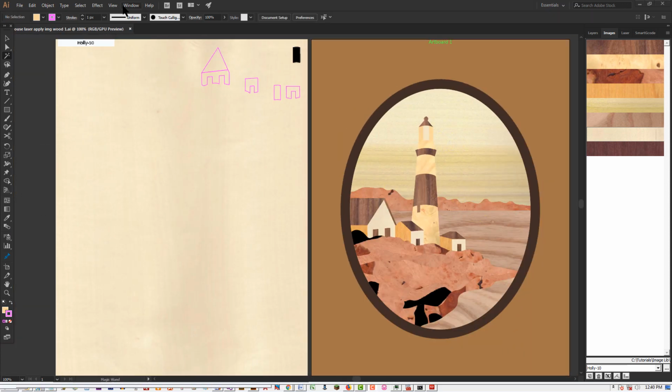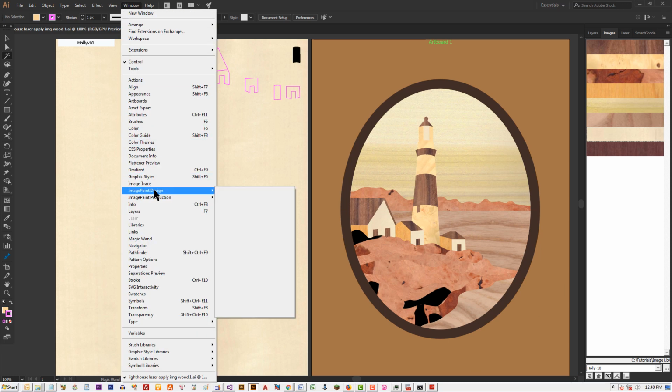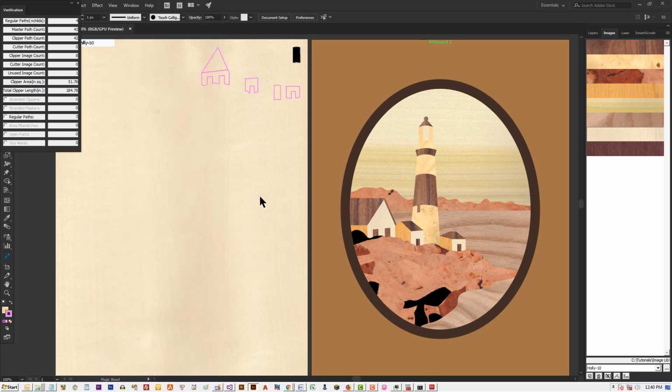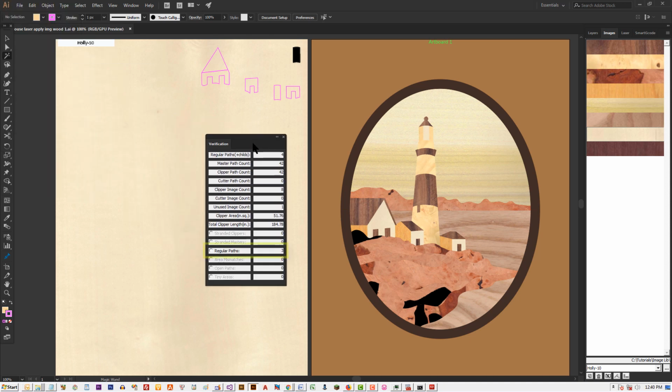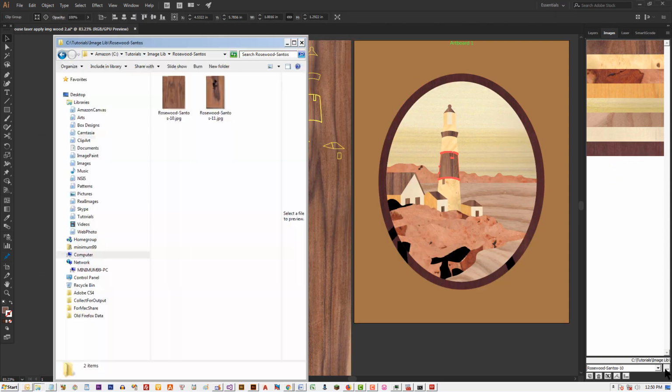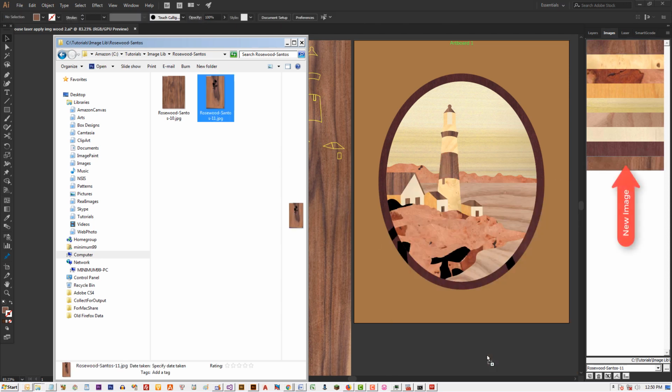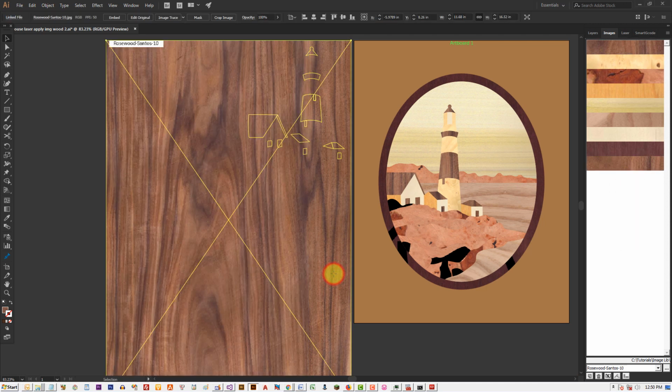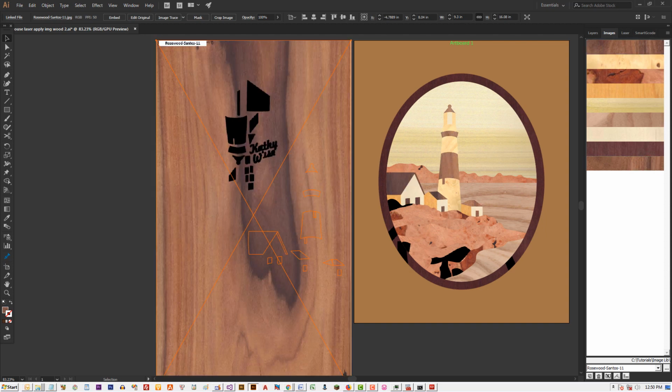For now, I think I'm done with applying images to all paths, but to make sure, I use the verification panel to check for errors. Here it shows there are still regular paths, which are paths without images. I click this to see what they are and then apply an image to them. Here I want to use a different sheet of rosewood by dragging it into Illustrator. The new sheet is then added to the bottom of the Images panel. To replace the old rosewood image, I select it and then click on the newly added image swatch.